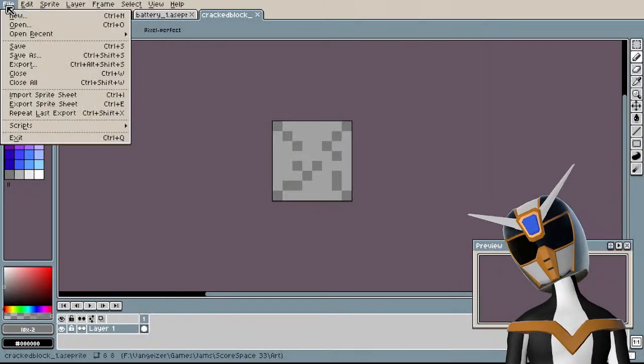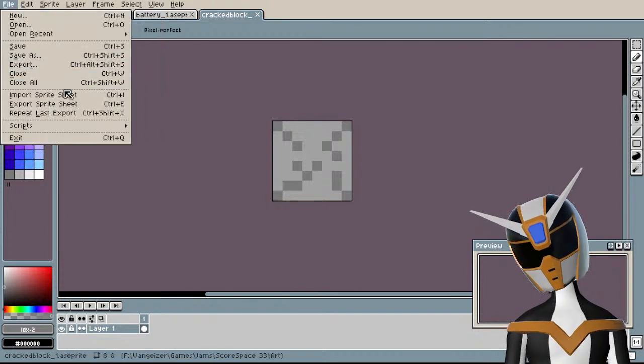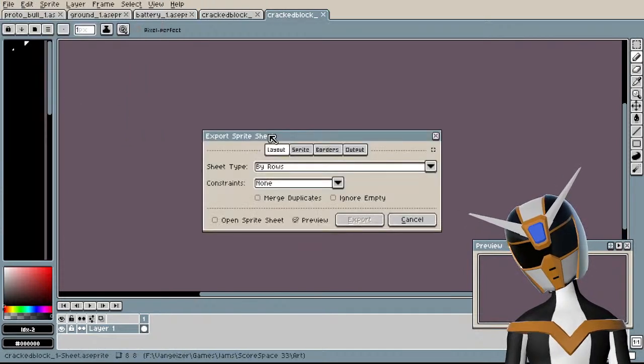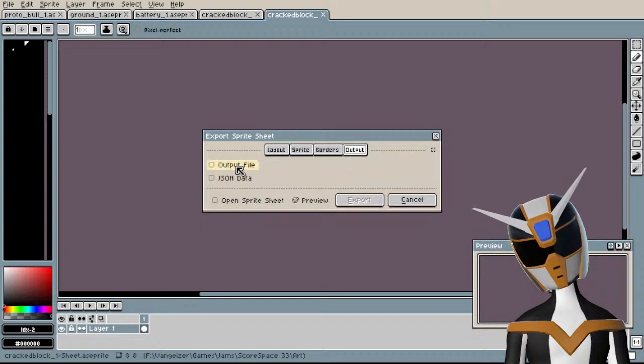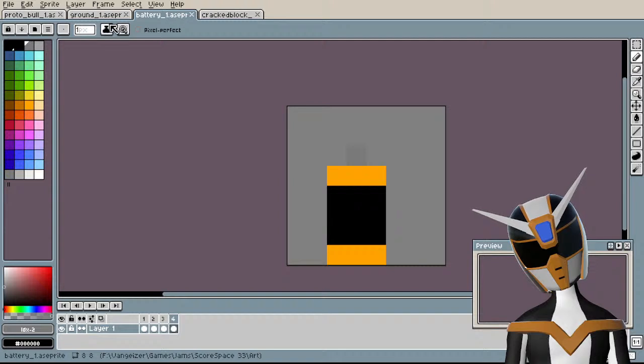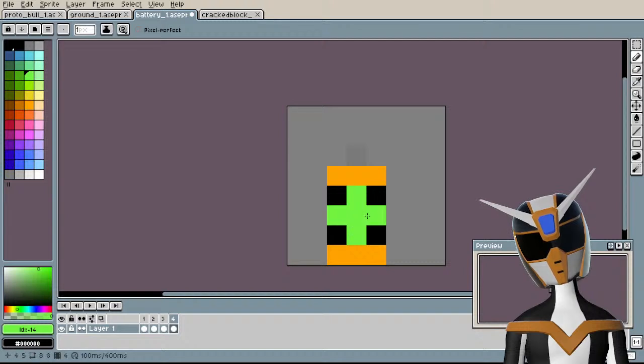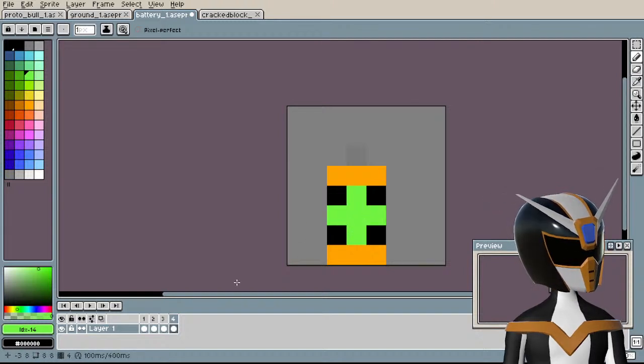Okay, wait, let me just export all of these so that I can bring them into the game so I can start trying to get this working. Oh yeah, and I was thinking I would add a little plus sign. This is too small to add a plus sign. It's gonna take up the whole thing. You know what? I'm fine with that.